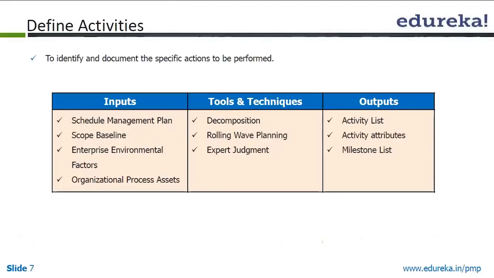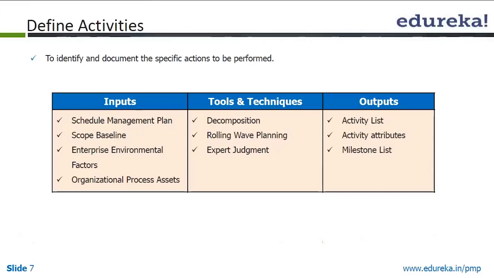Once we plan it, then we start executing it. So the first activity that we do is to prepare a schedule, which is basically to list down all the activities. The starting point for this is our WBS. The WBS has been approved by the customer, so that has defined the scope of the project. Now for each of the work packages in the WBS, we have to list down the activities that need to be done. If it is a work package where we will create a journal entry, we have to put down all the activities.